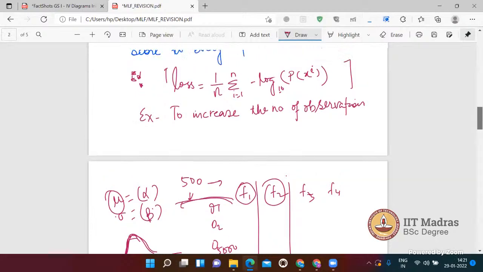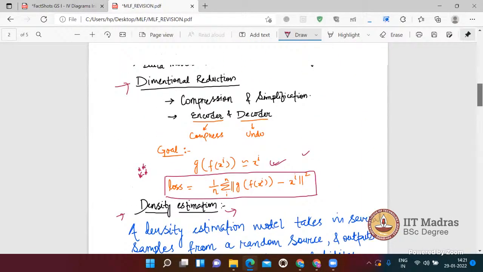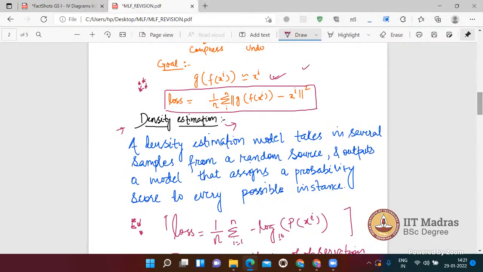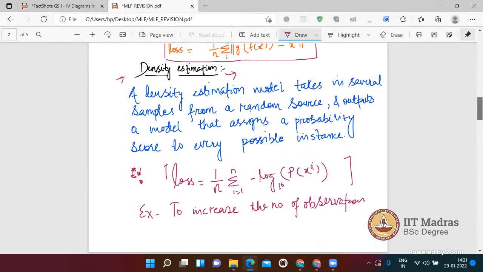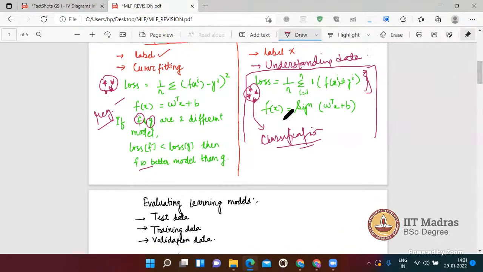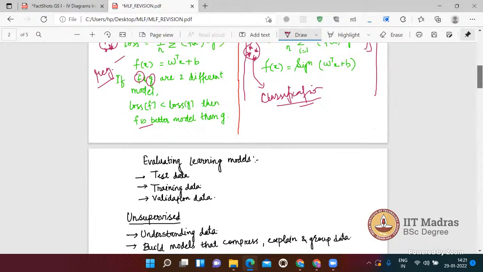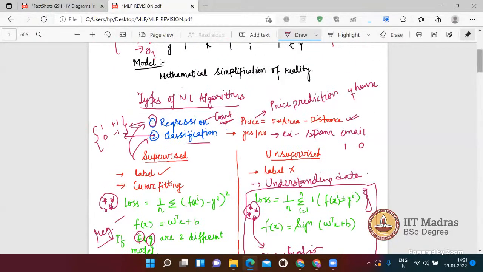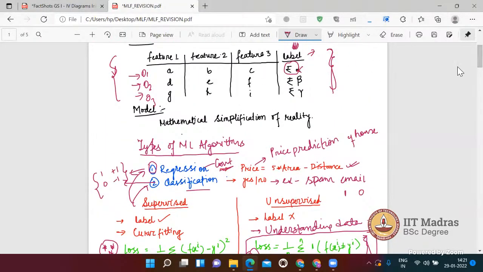So in week 1, this is what we have discussed, and these 4 formulas are utmost important, because if they ask you mathematical questions, they'll ask you to calculate the loss. They'll give you 4, 5 data points and ask you to calculate the loss. So this is what we have read in week 1, nothing more, nothing less. If you have any doubt, you can ask me. Otherwise, we'll move to the next week.